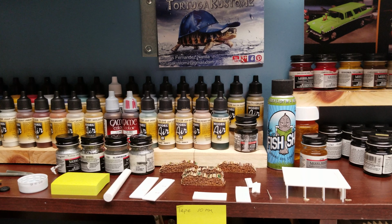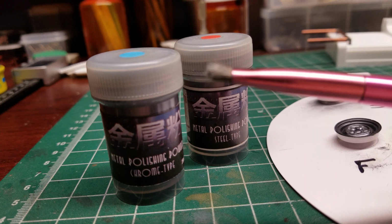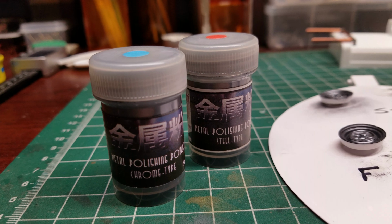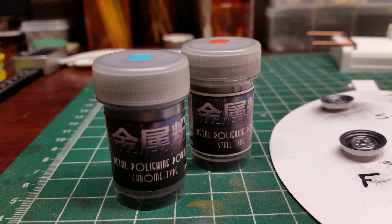The wife was throwing out a couple of makeup brushes. So you want something that's got short bristles on it, because you're going to use it to burnish. And you just have to put a very, very small amount on the end of your brush. If anybody's ever polished anything, that's what this stuff reminds me of, polishing powder. Like when you go to polish chrome and stuff like that, there are certain emery powders that you use to get the shine. But anyway,